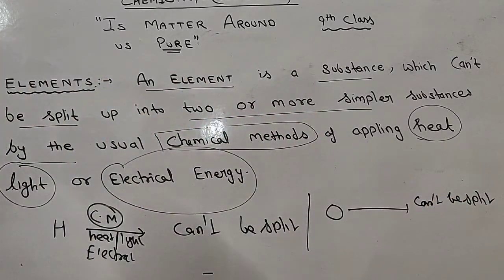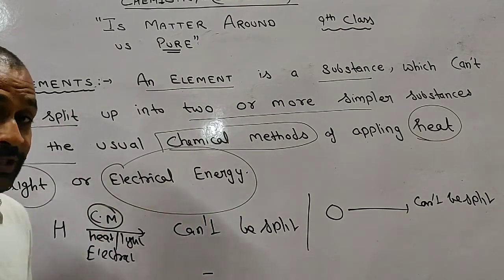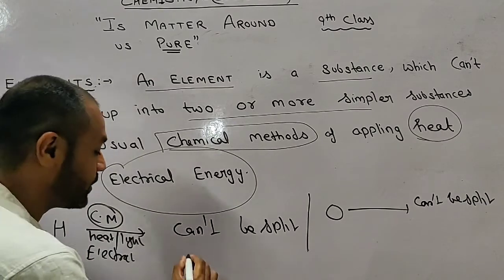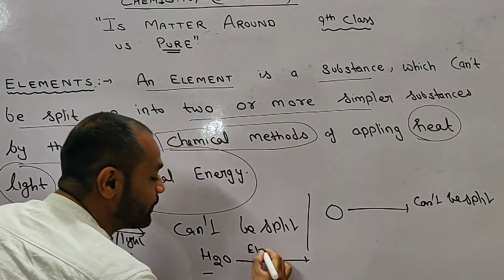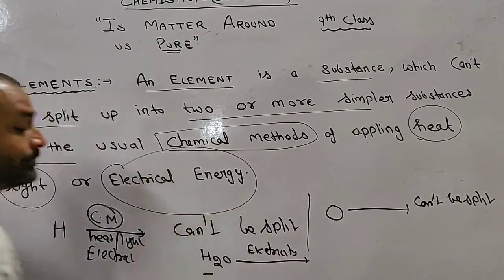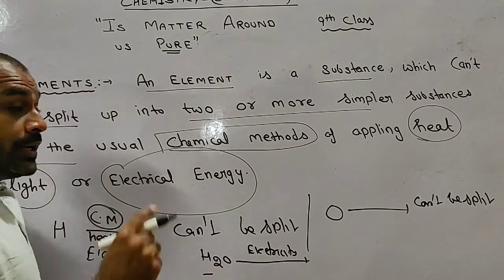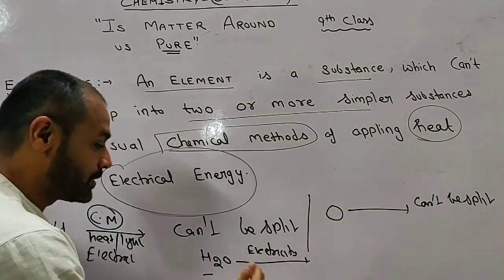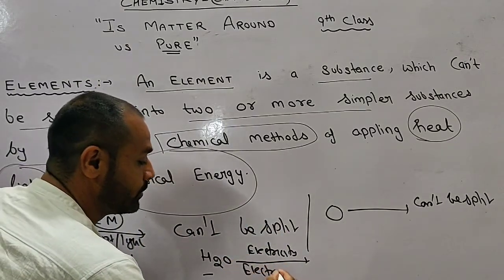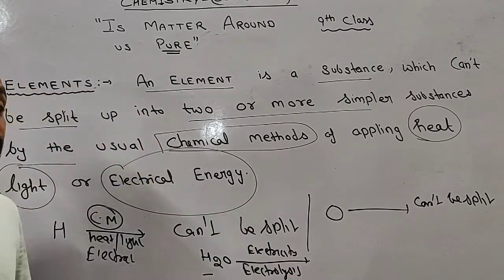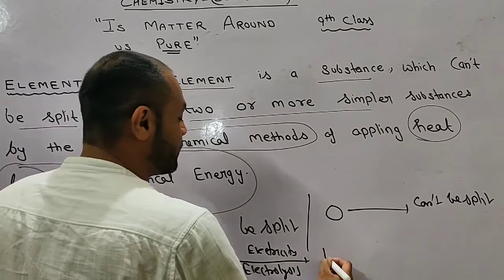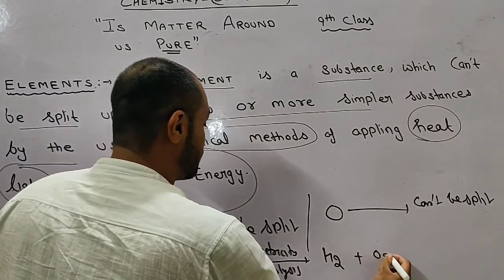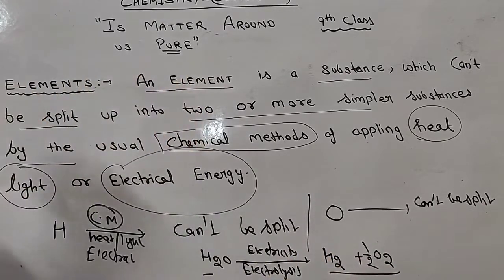But what is happening if I am talking about water, which is made up of hydrogen and oxygen? Say I am talking about the example of water, H2O. If I am applying electricity, this process is called electrolysis. So when we do the electrolysis of water, it gets converted into hydrogen gas plus oxygen gas. So it splits